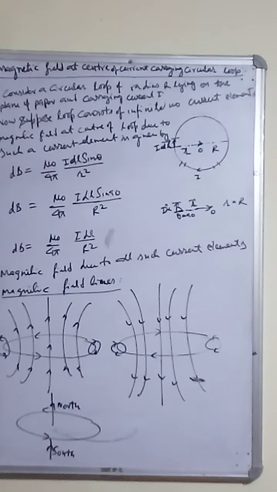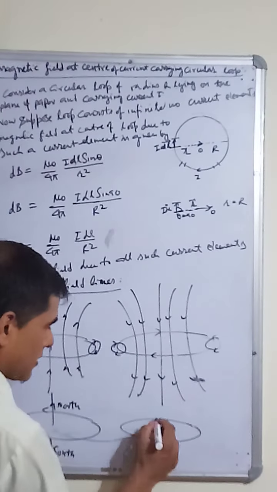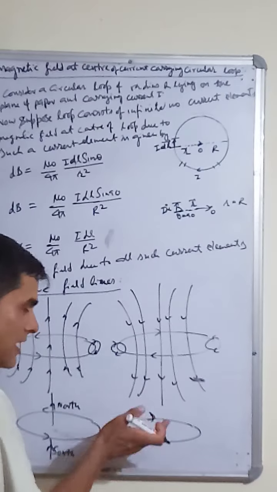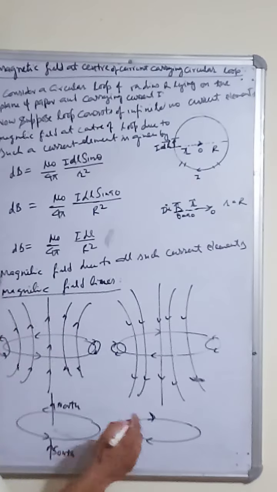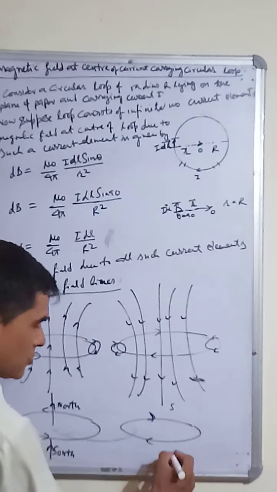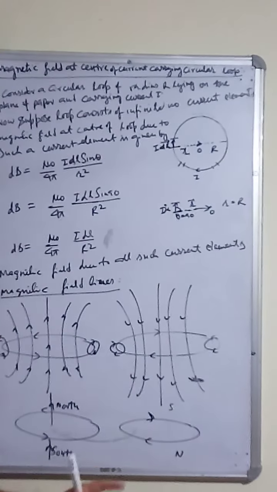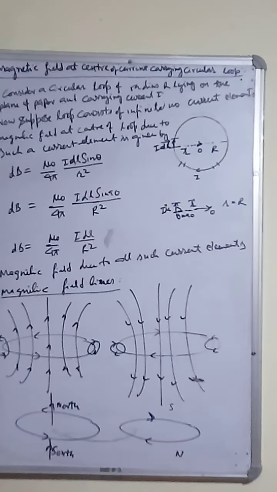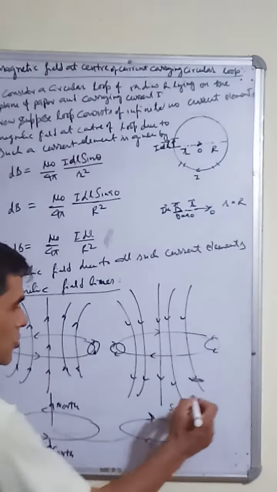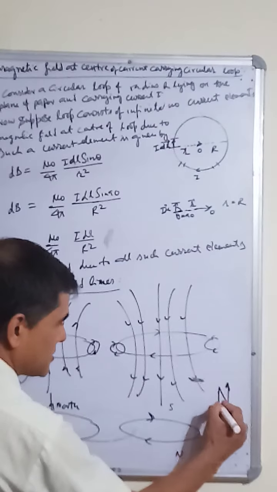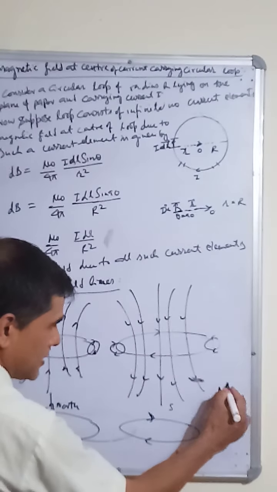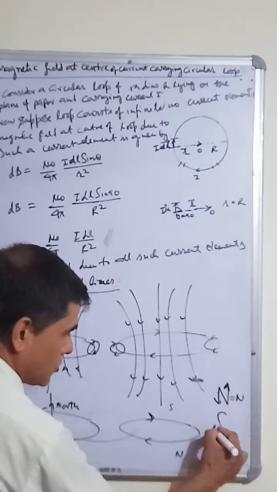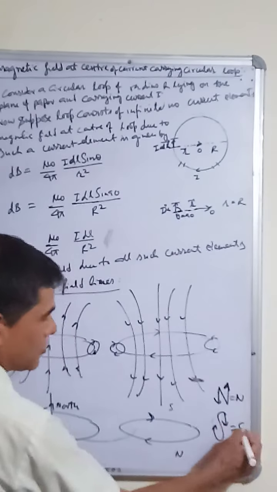So this is another way, and you see here the current is like this. This is the face from which I am watching. So this is clockwise, so it will be south, and the other face will always act as a north. So if it is south, then definitely the current in the other face will be anti-clockwise. In anti-clockwise there is an n, so remember it like that. Sometimes you also note it like this. This is N, so the current is anti-clockwise. This is S, so it will act as a south.